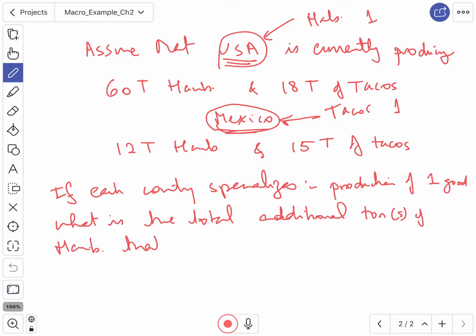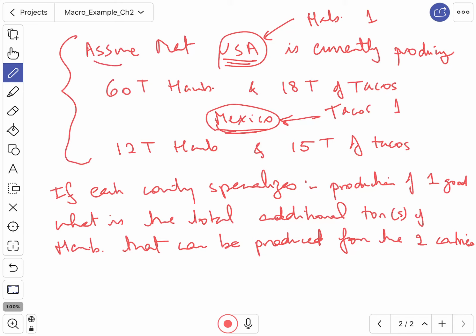For the two countries. Okay, so we are going to use this information, which is basically based on an assumption